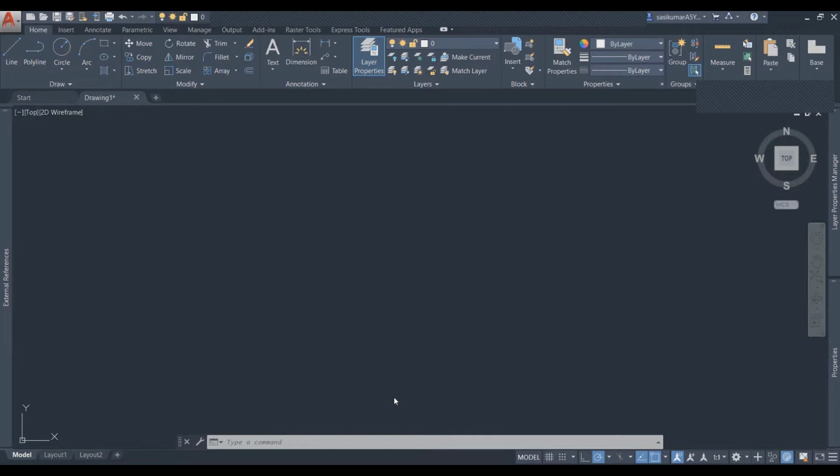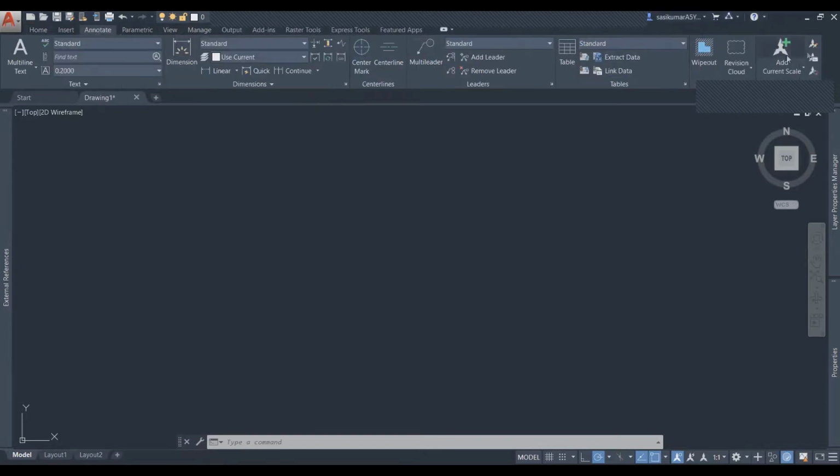Secondly, if you want to share the drawing with other people, they should be able to check it themselves. Visually, they have to see. That's why the drawing dimensions are very important. In the previous versions we called it dimension, but in the current version they call it annotation. Dimension or annotation, both are the same. This is the annotation tab, or you can click Annotate here, and then the annotate tab will automatically open. This is the tab we are going to learn today.